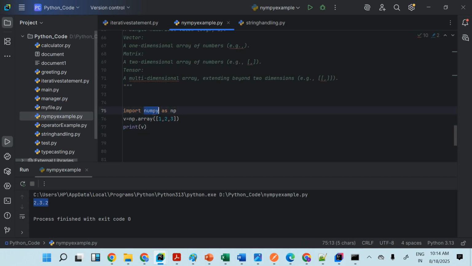So import numpy as np. NumPy is a library, and here we are just giving it a small name, an acronym, so we can use np. Here array is a function of np, that is NumPy. That's why we are using import. Whenever you are using a third party API and you want to use it, you have to use np. Here we are using v = np.array, which is an array having elements like 1, 2, 3. So this array is